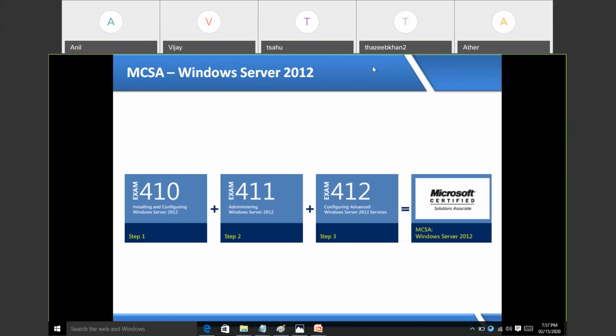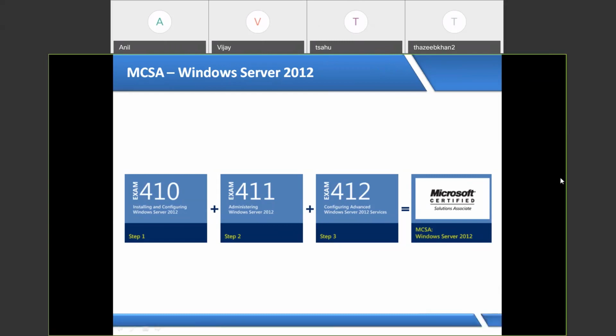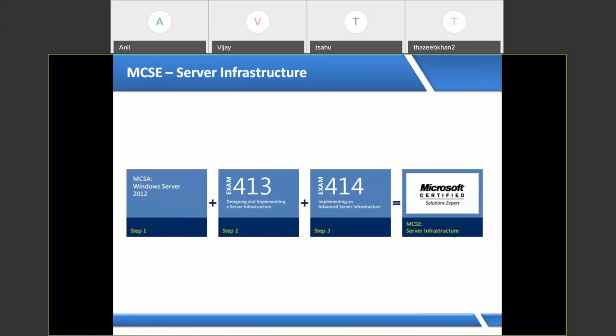Then after that, you can be eligible to write for MCSE. For that MCSE, how many papers do you have? 2 papers. If you clear one more paper, then you get it. In the first paper, generally it is related to installing and configuring Windows Server. With this, administrating means managing, and configuring advanced Windows Server services. So these things we'll be discussing. 2 more papers are there. What are they? 413 and 414. Out of these 2, if you write even 1, you will be eligible to get MCSE, which stands for